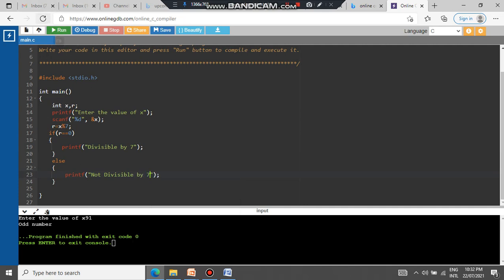So now if I run this program, you can see here, enter any number, I enter 48. 48 is not divisible by 7. So it says that over here, you can see the output, 48 is not divisible by 7. If we give 49, let us say 49, then in that case it will say that it is divisible by 7. You can see here the output. So this is how we can extend this particular program for many other things. Let us discuss another program which is based on comparison only. So next we will discuss a program in which we want to find out the greatest of two numbers.